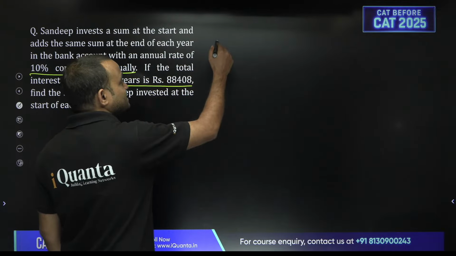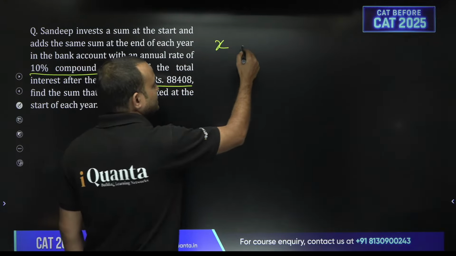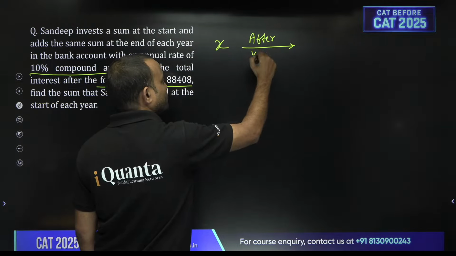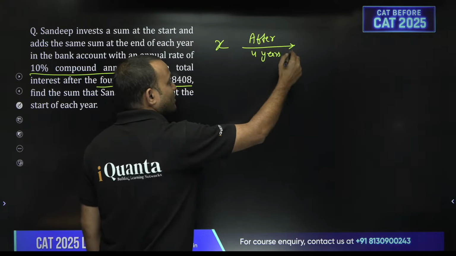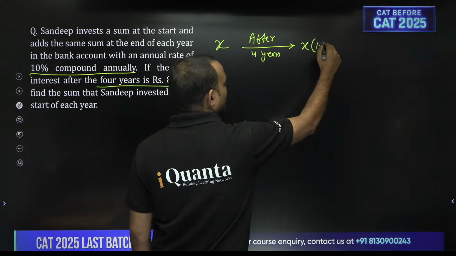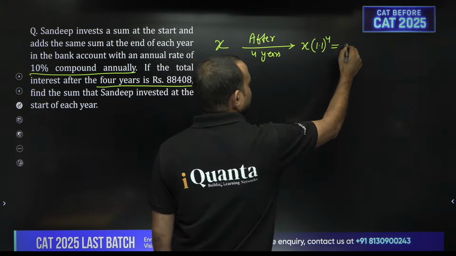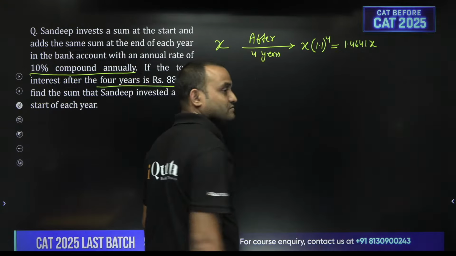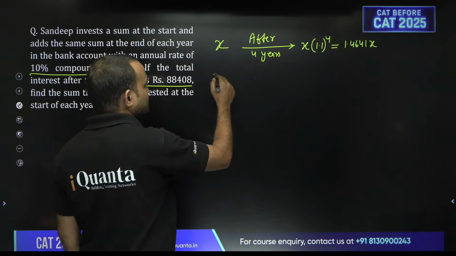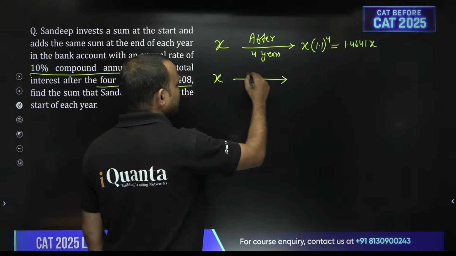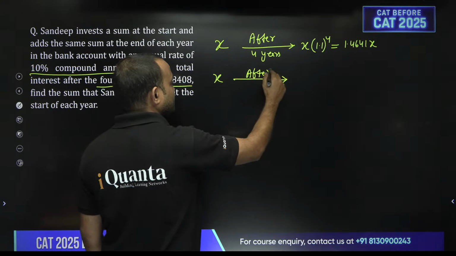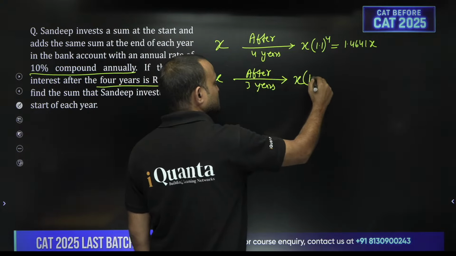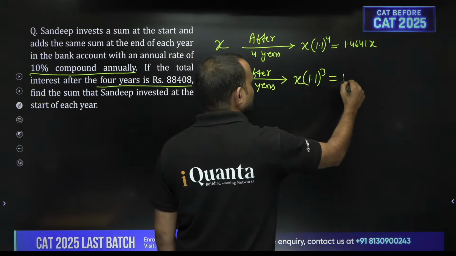Can I say if he invested X rupees, then after 4 years, this amount will become X into 1.1 to the power 4, that is equal to 1.4641 X, right. Then second year he is investing X again, and after 3 years this amount will become X into 1 plus 1 whole cube, which is equal to